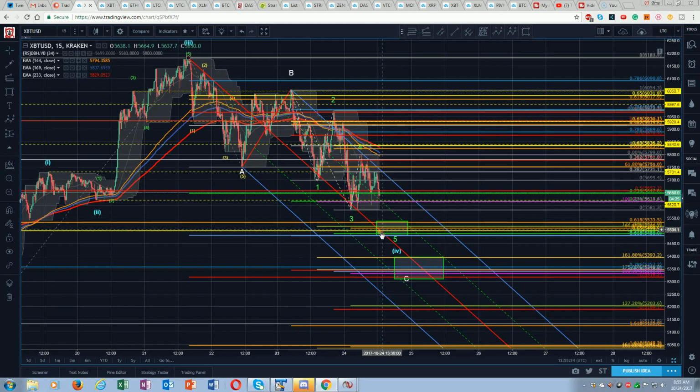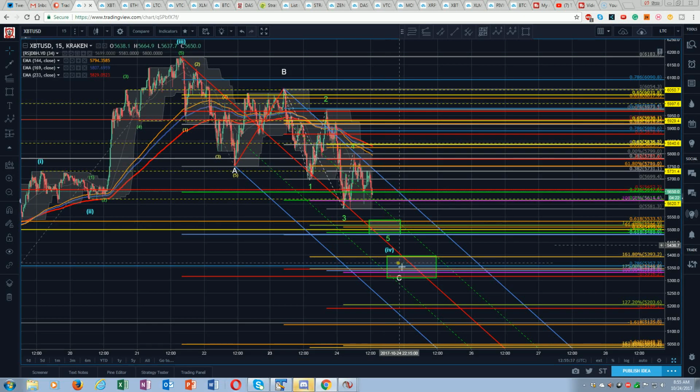But if this doesn't hold, we don't want to go too heavy here because we know we've got a stronger support area down here that, if this breaks, we're likely going down there. And so we're talking about from 5,500 down to 5,350. So that's a 150 point range. No reason to ride that down. So a tight stop here would be how I would trade it. I wouldn't ride that down. If this isn't going to hold, I'll take the small loser.